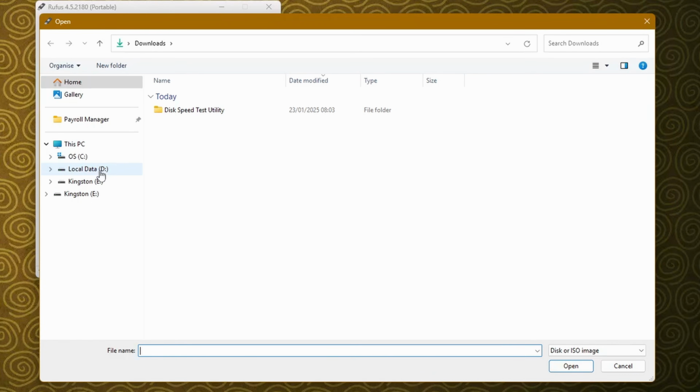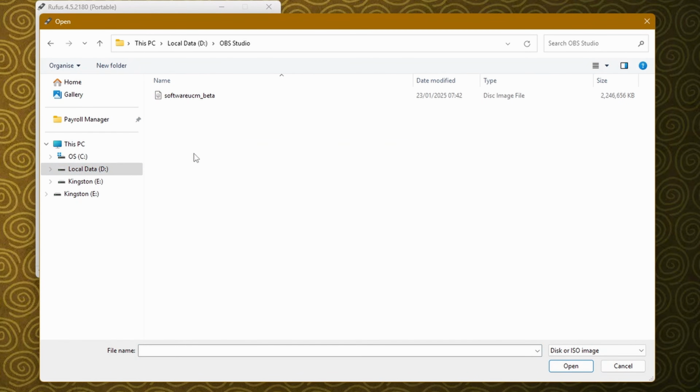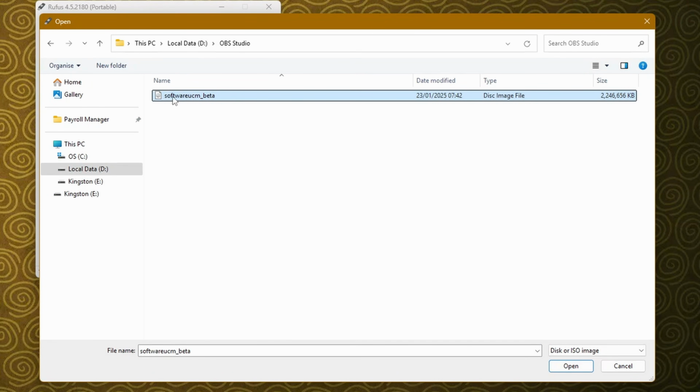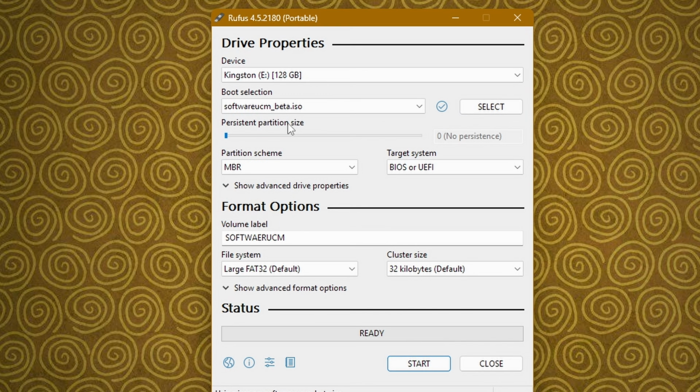Then what you need to do is browse to the drive and folder where you've already downloaded and saved the SoftwareUCM. And as you can see, I've now got SoftwareUCM_beta. So what we'll do is select the file, SoftwareUCM_beta, and then click open. Now you will see we've got the boot selection as SoftwareUCM_beta.iso. Then what we need to do is go down to the start button and just click the start button,